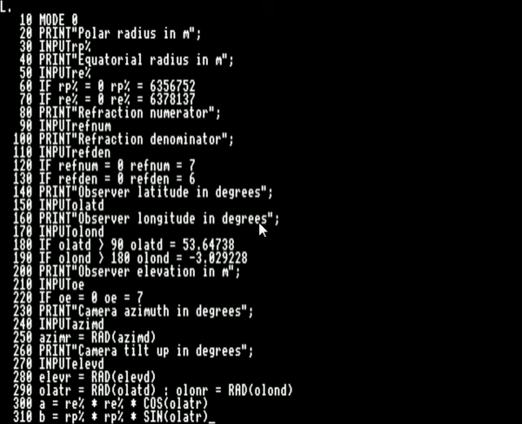Then it asks for observer latitude, longitude as before, and it defaults to a position near Southport, which probably isn't where the cameraman actually was, but it's not far off. As for elevation, it now defaults to 7 meters. I did a line there. It still asks for the camera azimuth and tilt and converts to radians, as before. And it still works out the observer's actual position